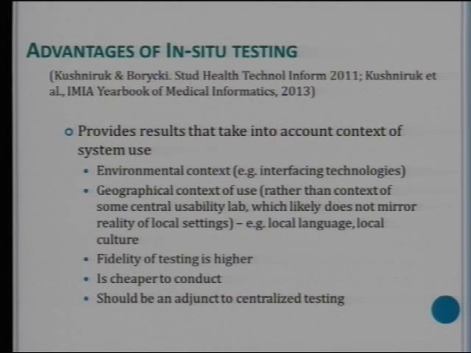So there we go. Advantages of in situ testing, this approach of taking it to the real place. You take into account the context of the system use, the environmental context. We did another project in Japan, it was 2006, where they were moving in a hospital to barcoding with medication administration. I think Elizabeth might have mentioned this one. And when you were looking at that study, if you tested the system in isolation, you wouldn't know how it interfaced with the barcoding. They called us in because we knew the CIO, and they said, we want to make sure it's going to be safe when we release it. So they wanted just another check, and again, it was low cost, so they let us do it.